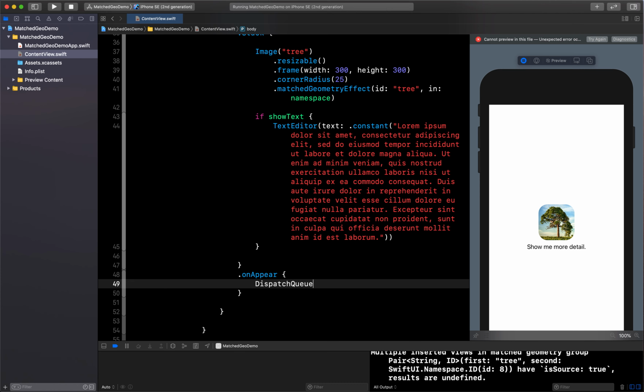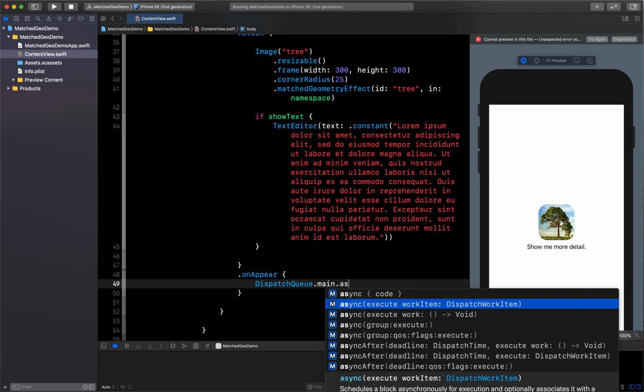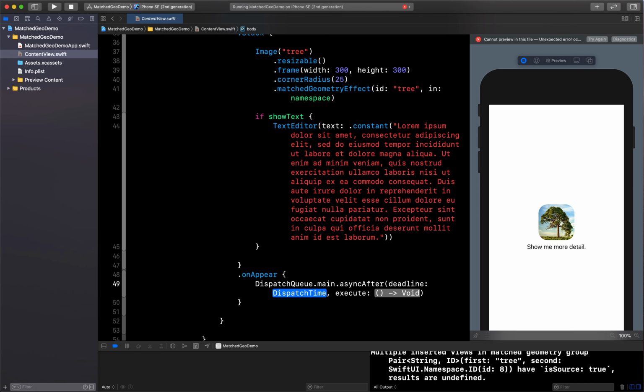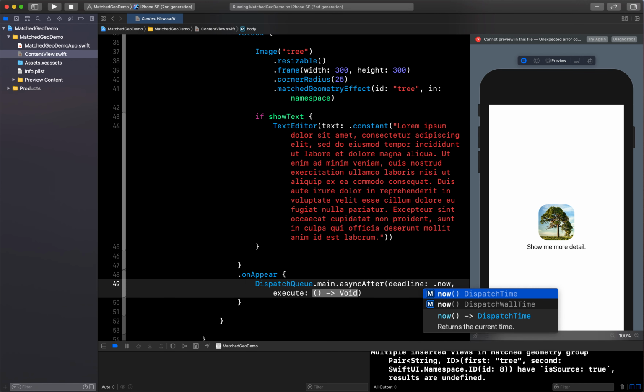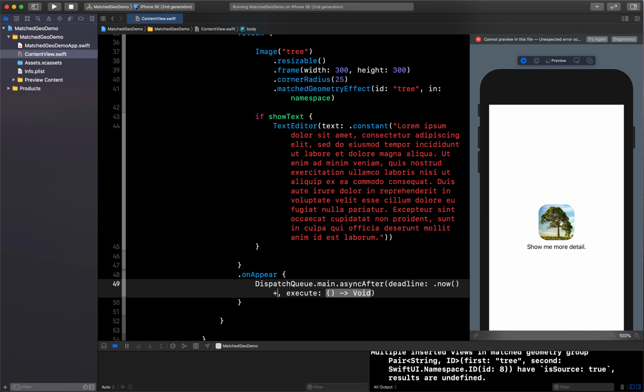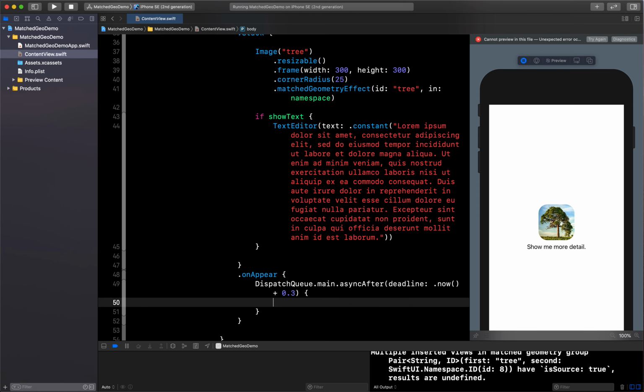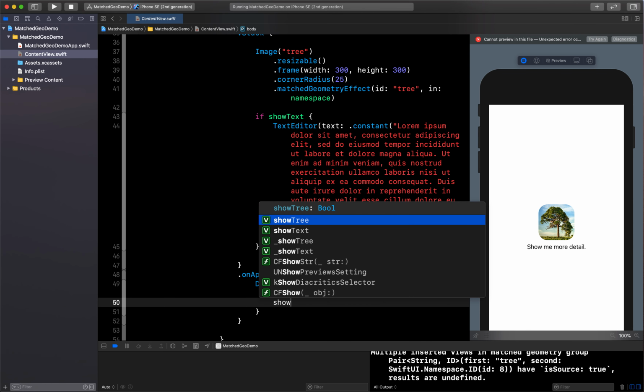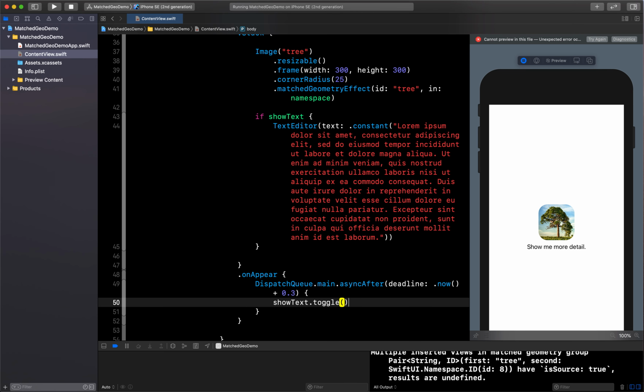We have to use DispatchQueue.main.asyncAfter, and I will give a delay of 0.3 seconds, and inside this I have to toggle my text. So let's toggle the showText condition.